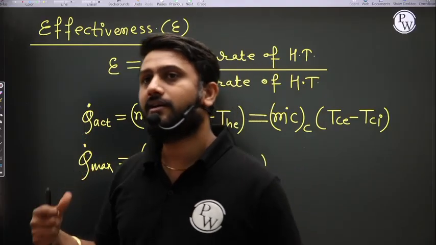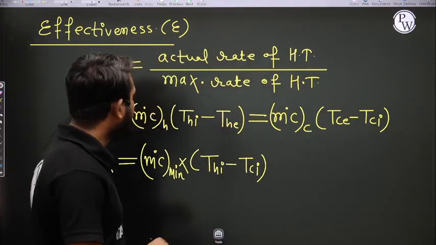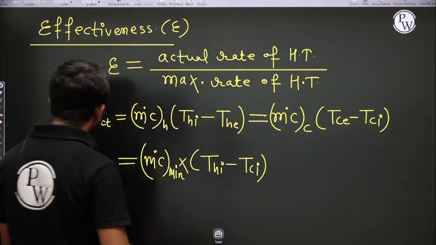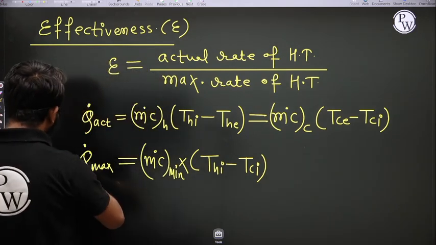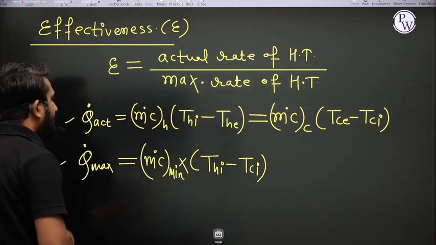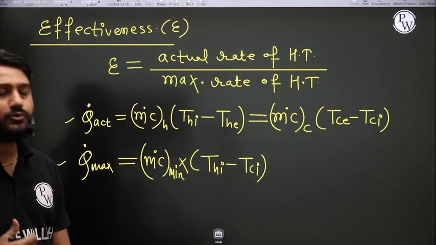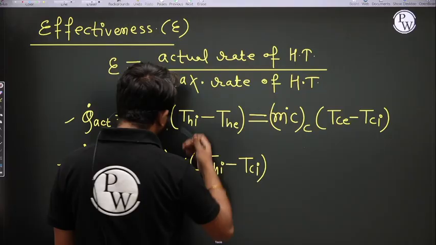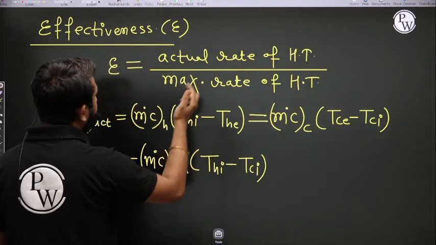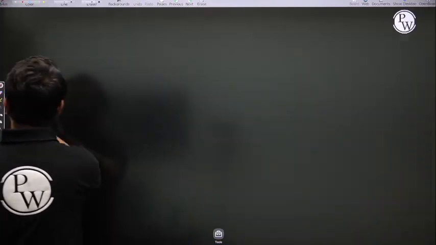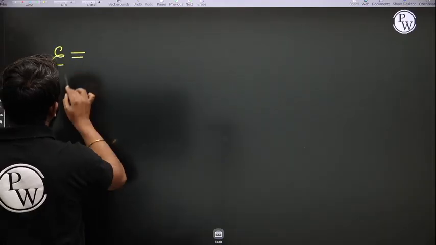That's why I'm taking a minimum heat capacity rate, right? So this is the maximum rate of heat transfer and this is the actual rate of heat transfer, and the ratio of these two gives the effectiveness. So I can say that effectiveness is equal to